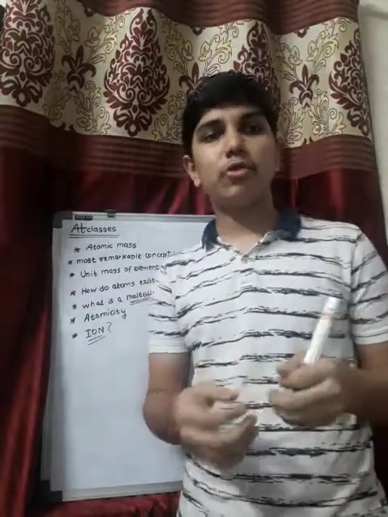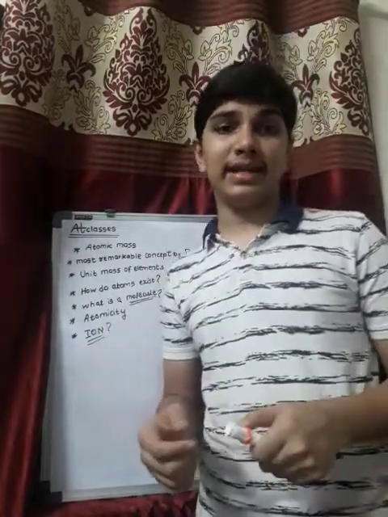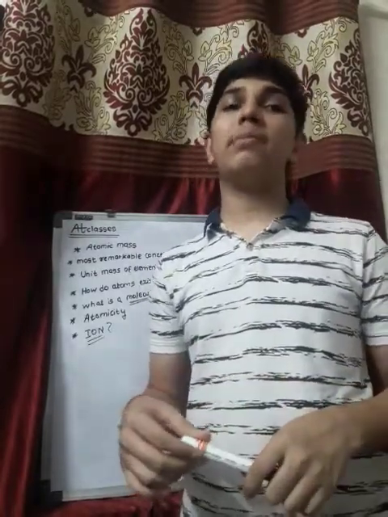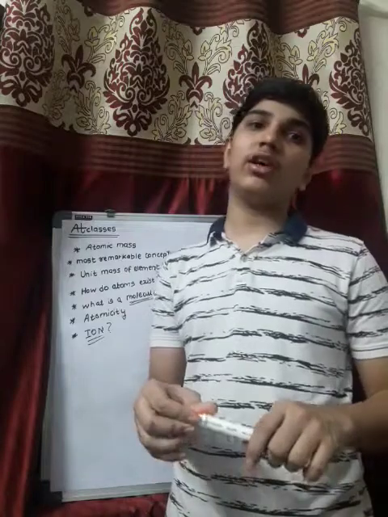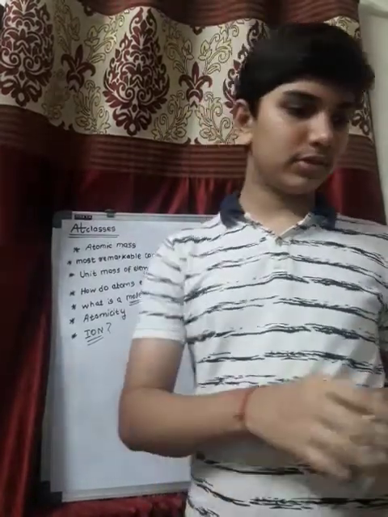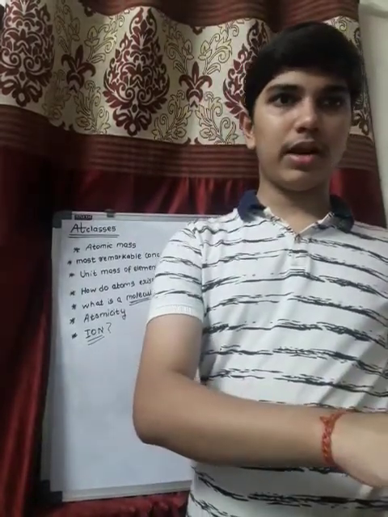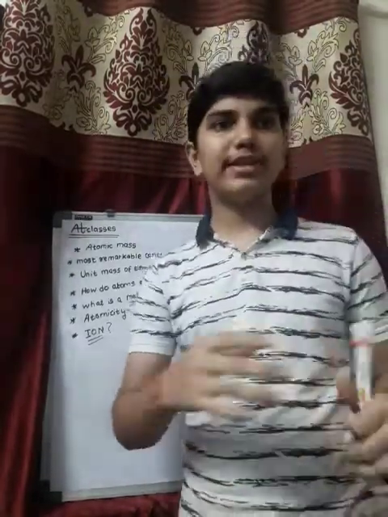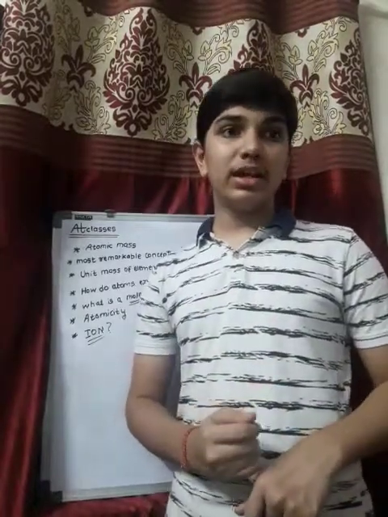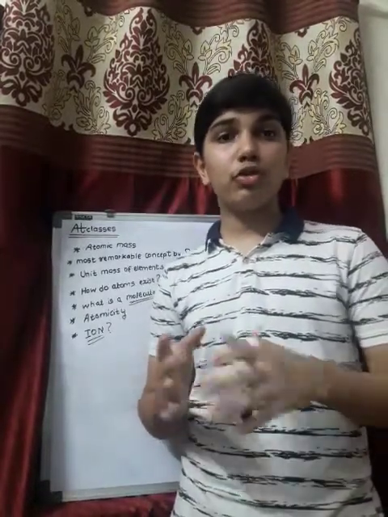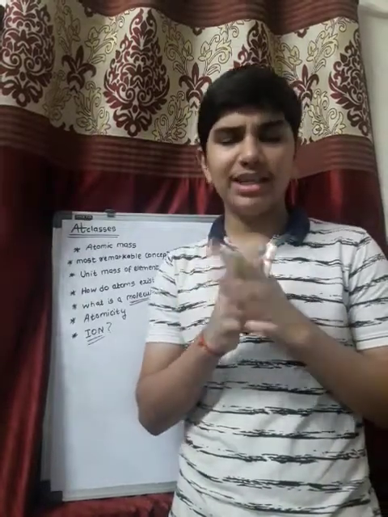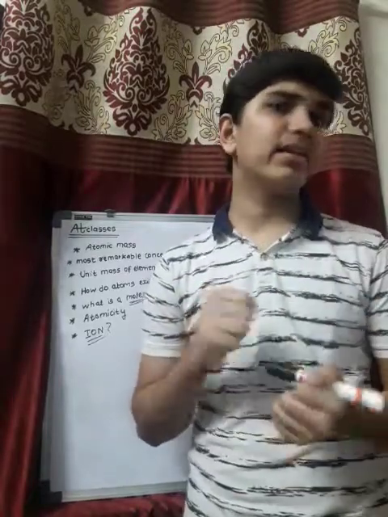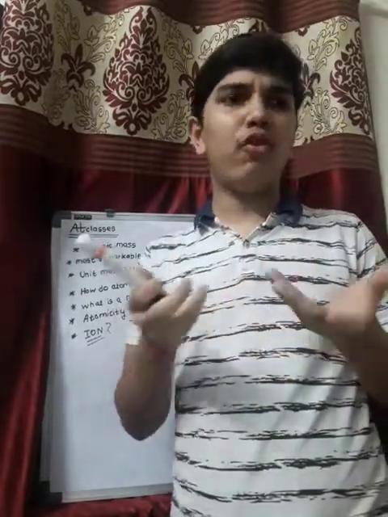Before that, these molecules or ions aggregate in definite numbers to form the matter that we can feel or touch, right? So we will now be discussing what is a molecule. A molecule is in general a group of two or more atoms. They are chemically bonded together, that is, they are tightly held together by forces, right?